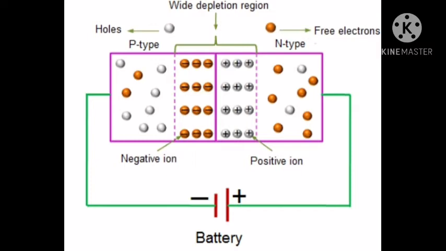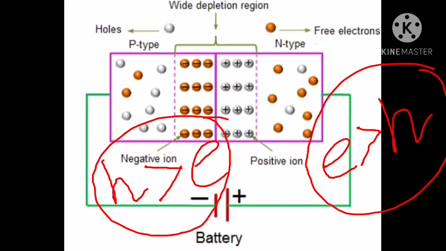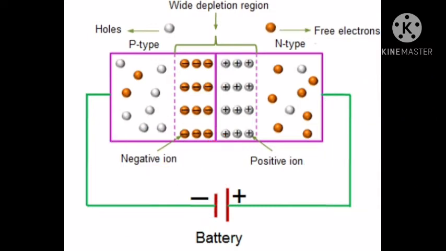Just try to imagine that you have applied a reverse voltage which is very high. And under such a high reverse voltage, consider the kinetic energy of the minority carriers. Which are the minority carriers? The electrons in the p side and the holes in the n side are the minority carriers. Why are they minority carriers? Because they are less in number in comparison to the majority carriers.